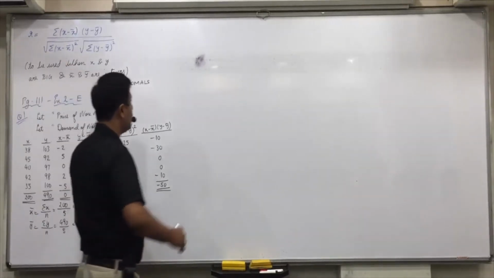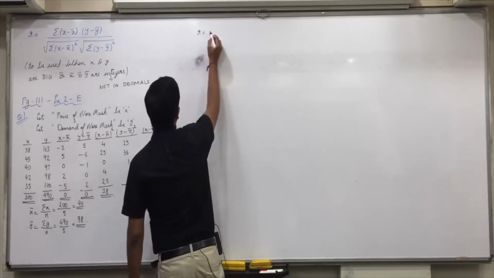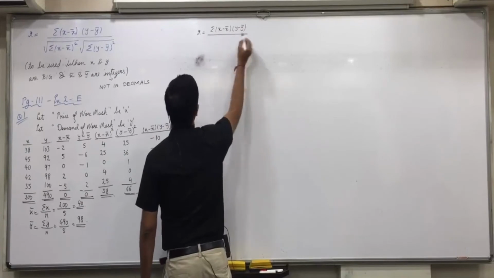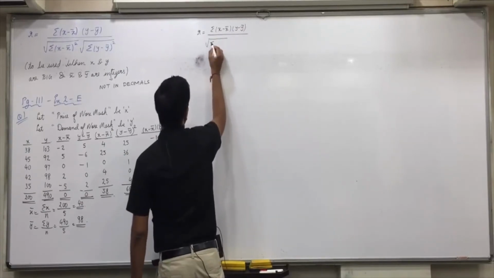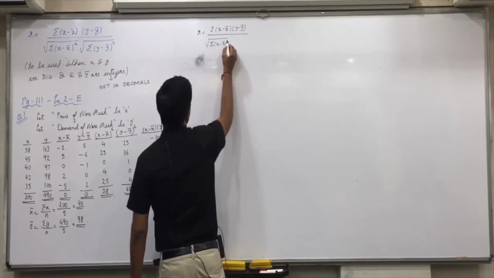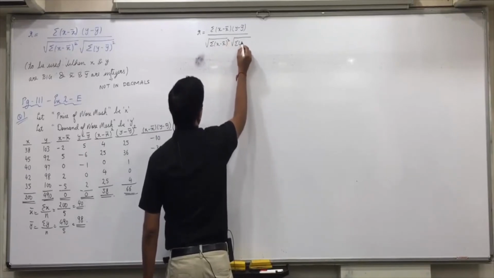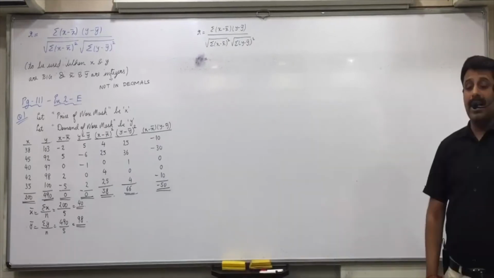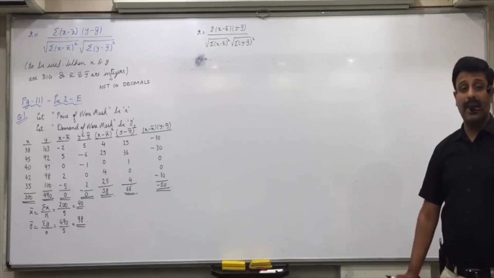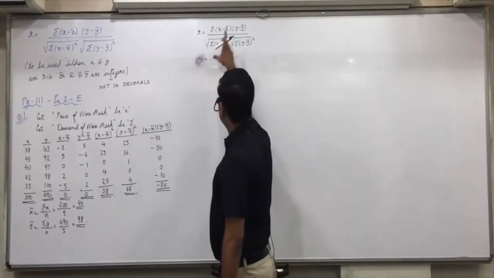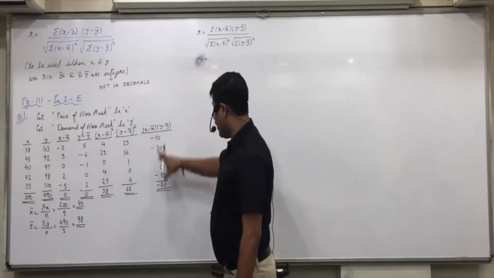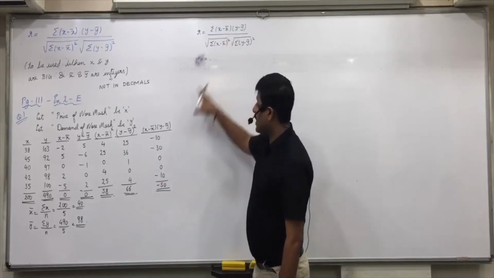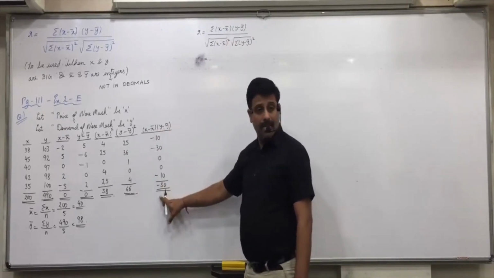Now write down this formula. R equals sigma x minus x bar into y minus y bar upon square root of sigma x minus x bar whole square and sigma y minus y bar whole square, again it is square. Raise your hand who is still writing the formula. All have written it. Now see here. Sigma x minus x bar into y minus y bar is minus 50. You all get it or not? Sigma x minus x bar into y minus y bar is minus 50.